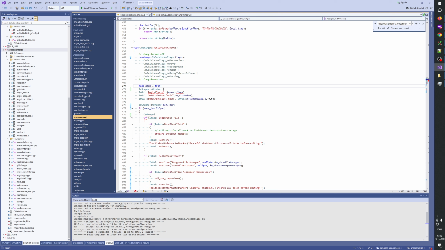Flags window background window. We do if window is content visible,